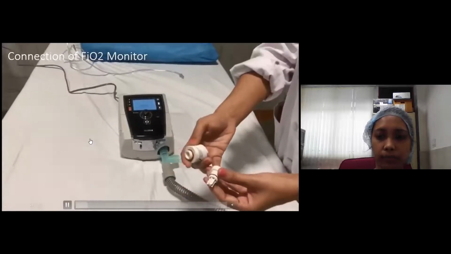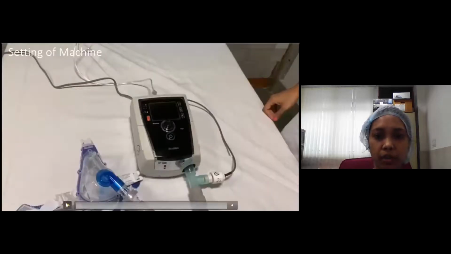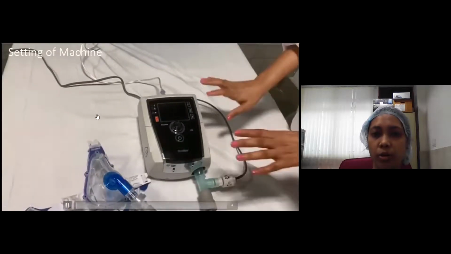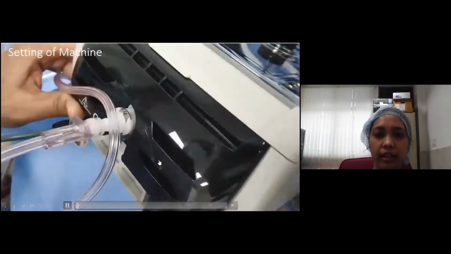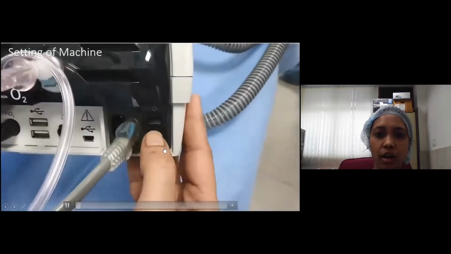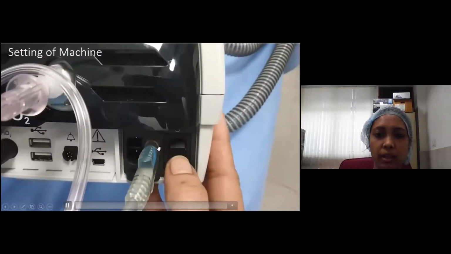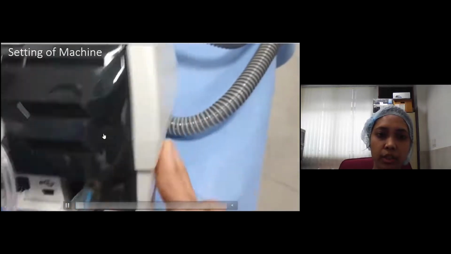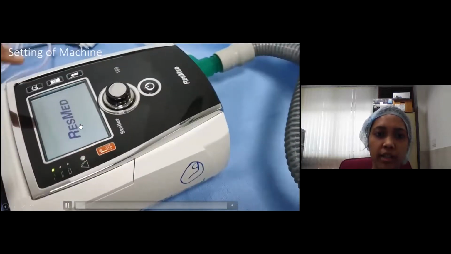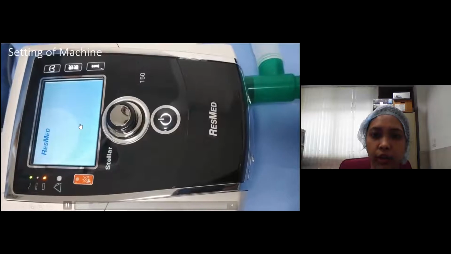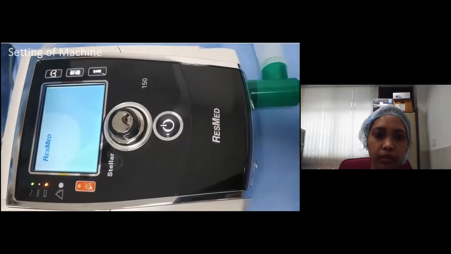Now, how do we actually use this particular machine? We need to know how to switch on the machine. After connecting it with the AC connector, at the hind aspect of the machine, there is a small switch-on point. We simply press the point and the machine switches itself on. The machine takes a few minutes to start up. We need to wait for that particular time.